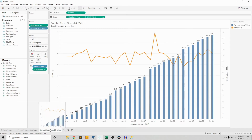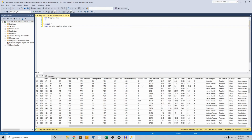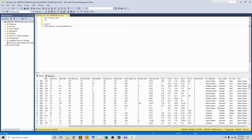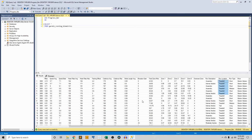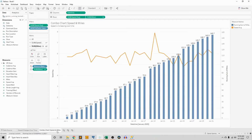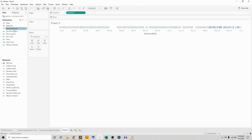And something else that I'm going to be able to demonstrate some value with for you guys is looking at this elevation gain. Most of January I was training on the treadmill, and it's only relatively recently that I started being able to train outside and tolerate elevations on a regular basis. So even looking at mileage, if we look at the trend of mileage over time,